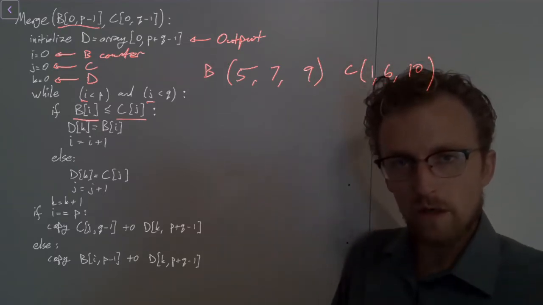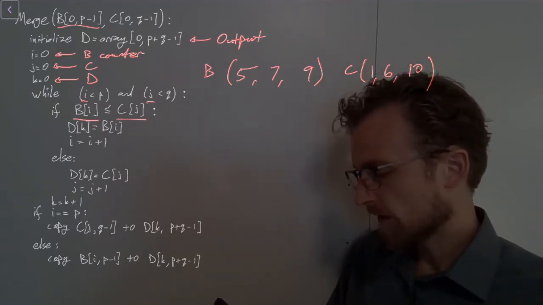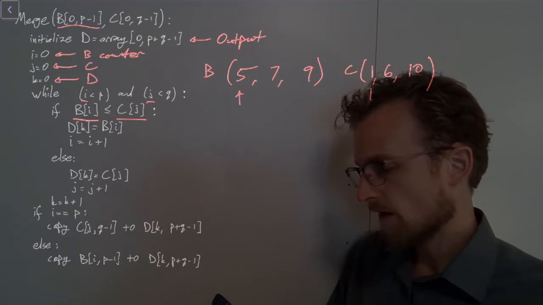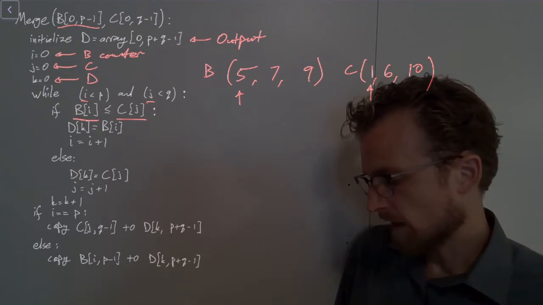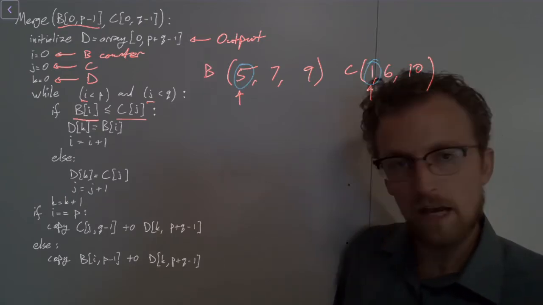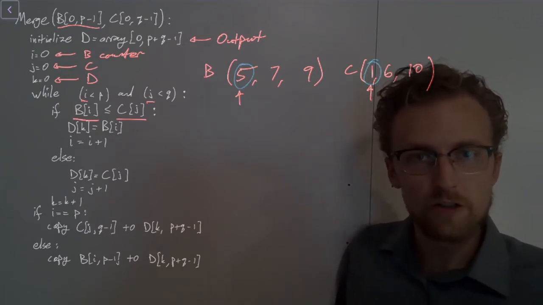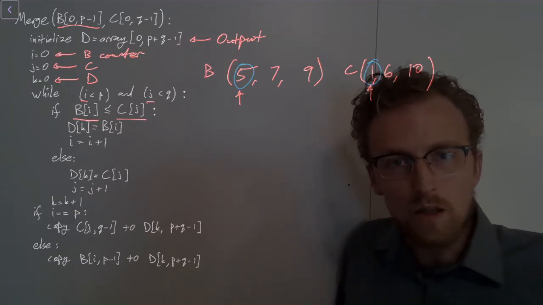Then the way this is going to work is it's going to initialize both of its counters here. So it'll initialize there and there. And then at every step, it'll compare this element with this element, right? The element at counter I and the element at counter J, and say whichever one is smaller, I'm going to